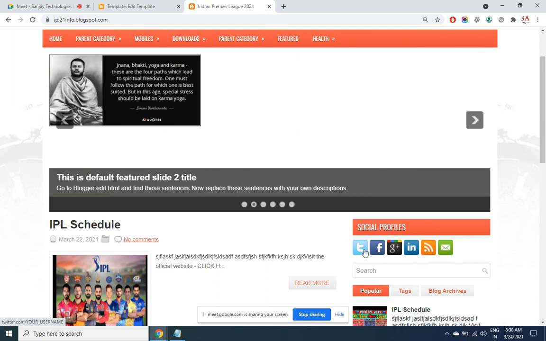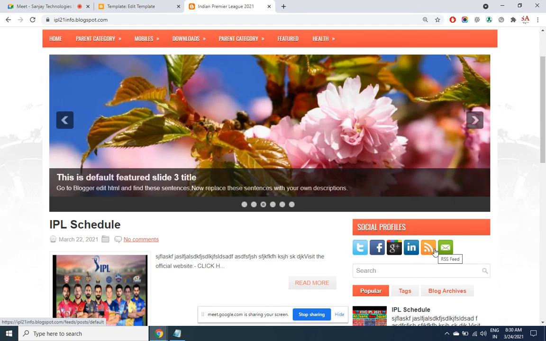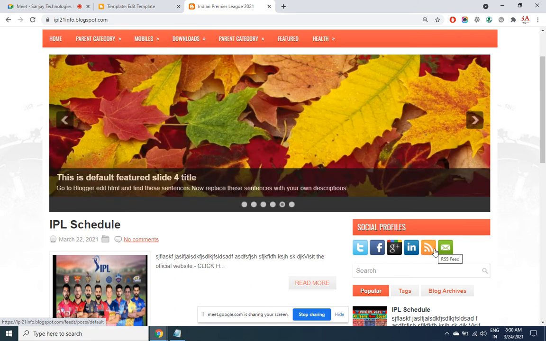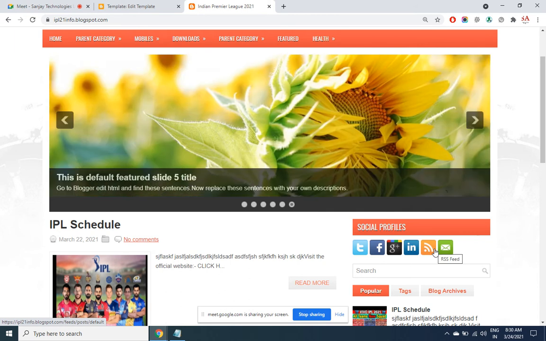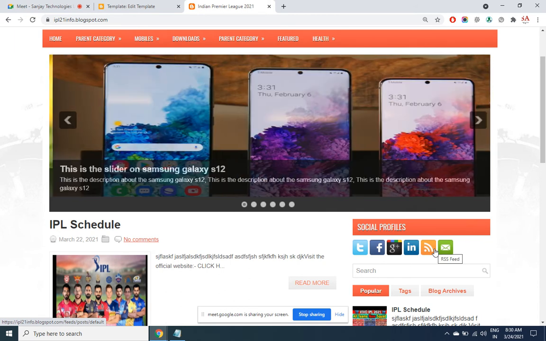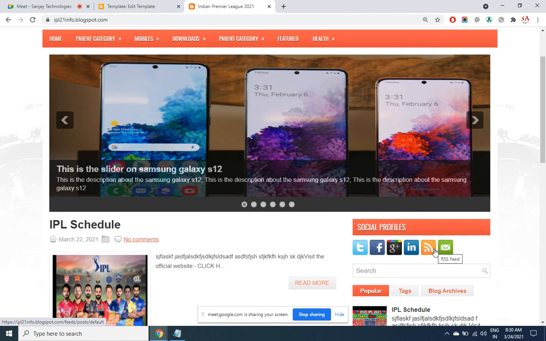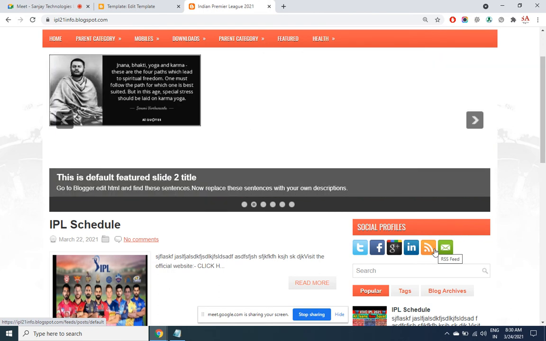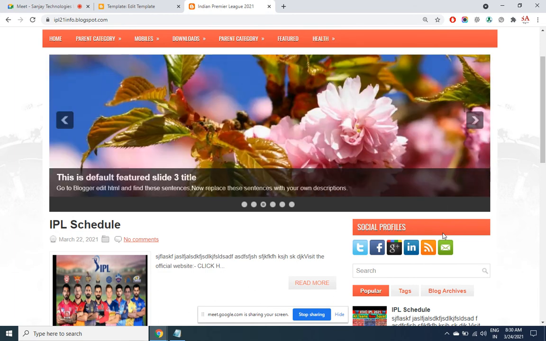The small icons you see here are used to connect people through social groups. It's always recommended that you have your own firm name on popular social media sites, a dedicated page for it, so that you help users to stay in touch and remain engaged. This is a must, and it's good that it is there by default in the theme itself. Otherwise we would have to put it in manually. We are going to see in SEO how to put it in manually.